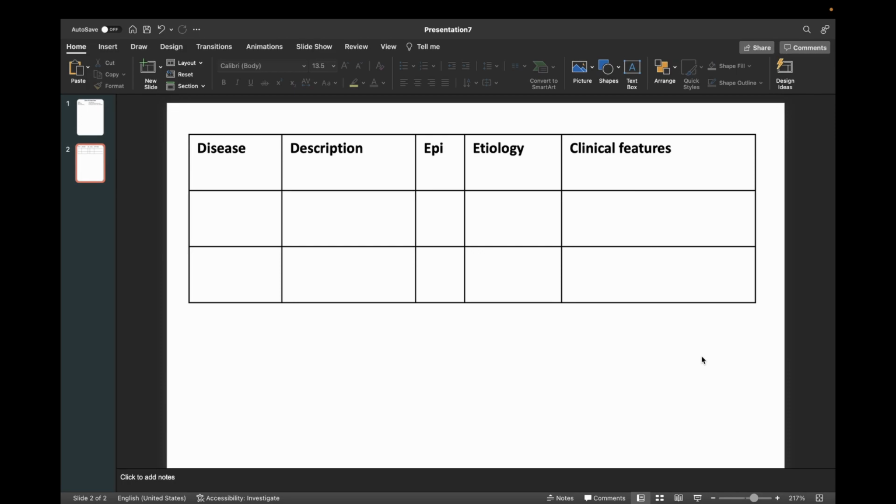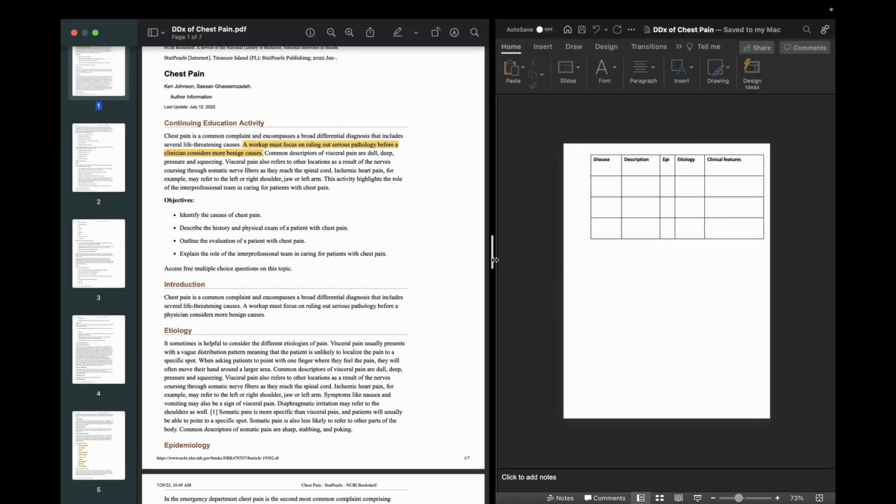So now we have our table, and I like to arrange it by disease, like pericarditis, STEMI, and then most important is going to be clinical features / diagnostics, anything that can distinguish this disease from other diseases. So now at this point, we have our handout. I've split screen it, so now we can start doing the research part